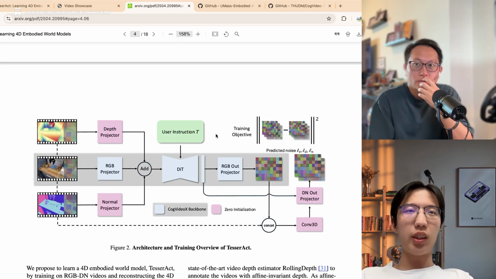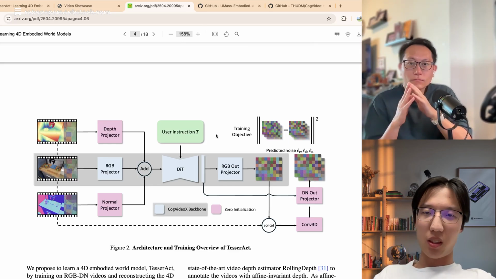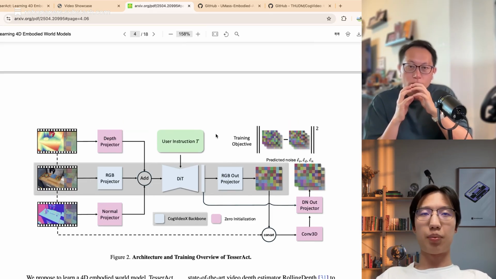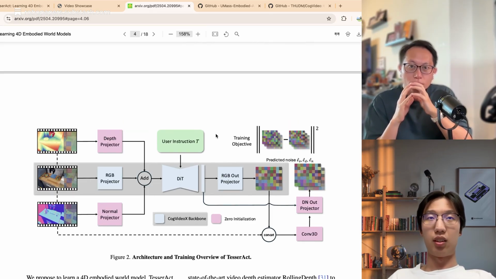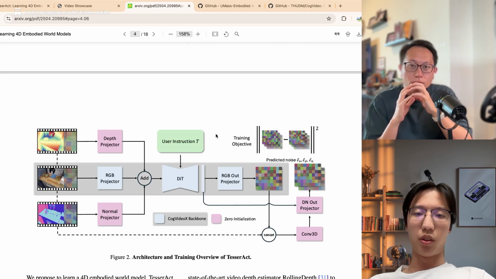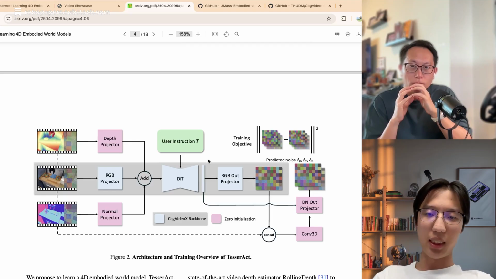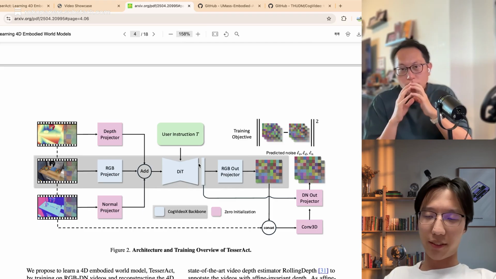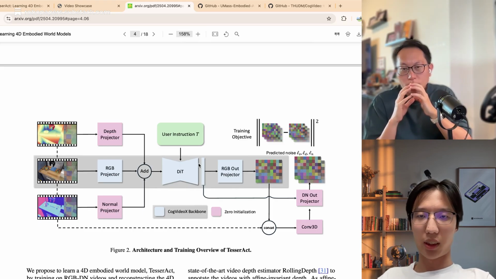Training a video diffusion model is really challenging. There are many settings we can choose, like using LoRA to fine-tune the CogVideoX backbone, or just doing SFT on the backbone. Here, we use SFT to train our TesserAct on a large-scale dataset.